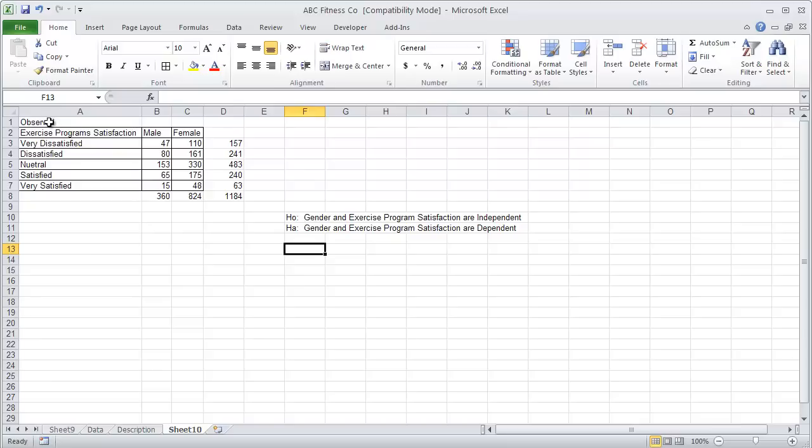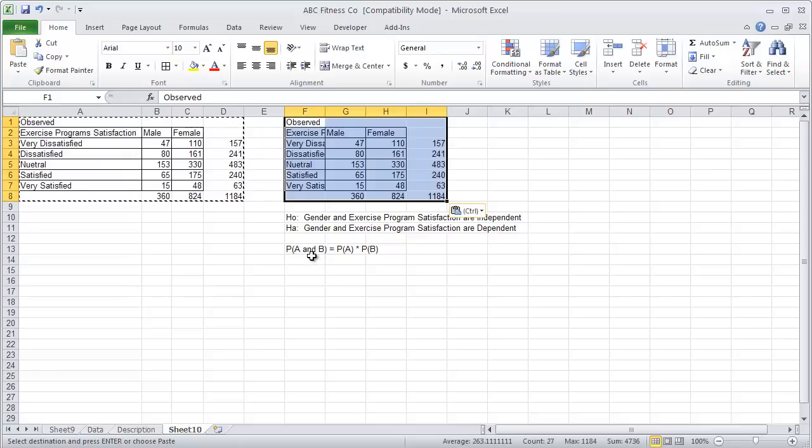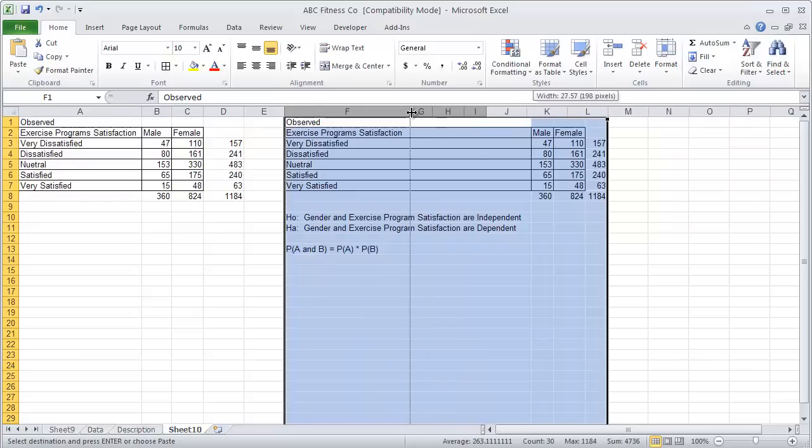So if two things are independent, one of the things that is true about them is the probability of A and B equals the probability of A times the probability of B. So that is a true statement when things are independent. So we're going to test if that's a true scenario. Because we're working with 1,184, we're going to multiply that by our probability. So without going into all the math pieces that go along with that, we're going to basically go into here and say,